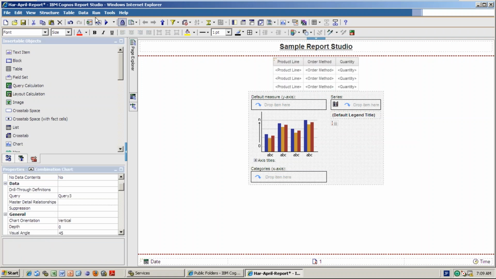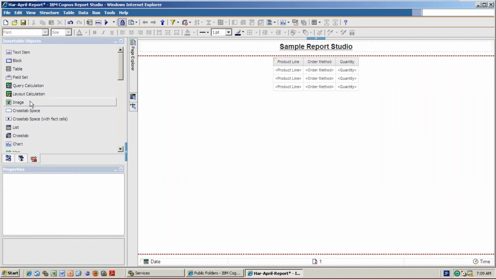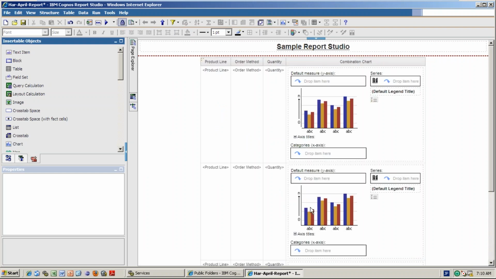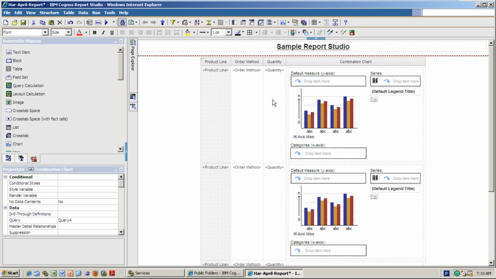So just remove this one, cut it, I don't want it. Okay, go for the chart in the list itself as the last column, fourth column. That means you dragged a chart in the list, that means you dragged a data container into the data container. Data container is nothing but list or crosstab or chart or map, right? So I am dragging the column. Done. So here I am having the product line and order method and quantity, and I am having one chart for each order method and quantity. I want to see the data.